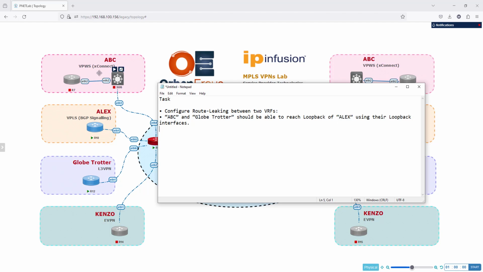Now, in my case, of course, I have not configured ABC. That's okay. Whatever we are going to do for Globetrotter is going to happen on ABC as well, so you can just replicate it yourself. I have kept ABC for a specific purpose, and I'm going to use it later. But here we have Alex and Globetrotter, and ABC, Globetrotter is going to be able to reach the prefixes on